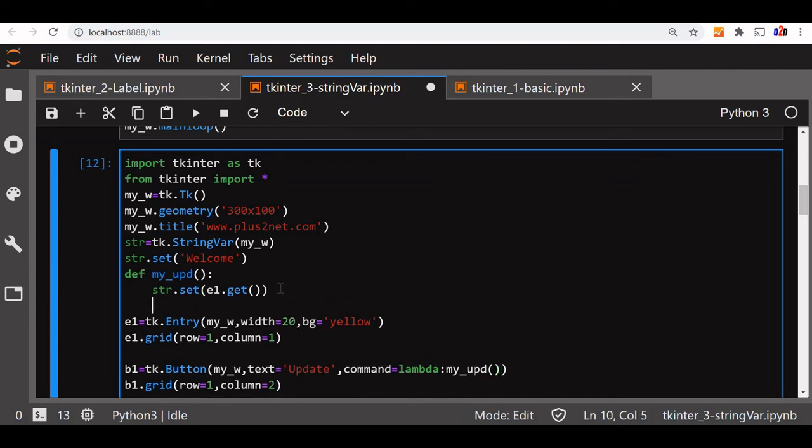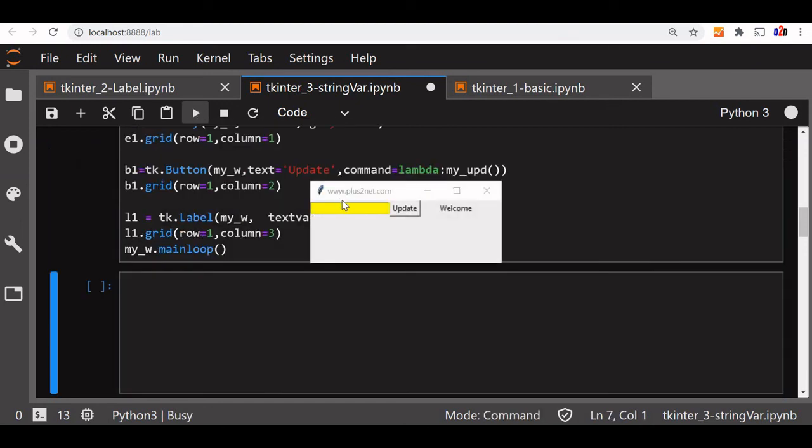At the same time we have to delete the text entered by the user. So we'll say delete, from 0 till end. This END we are using because we imported all the modules, which is why we have added this line. So that's all. Let's run this and see how our code works. Fine, test only. Now let's update it. Yeah, you can see this is also deleted.